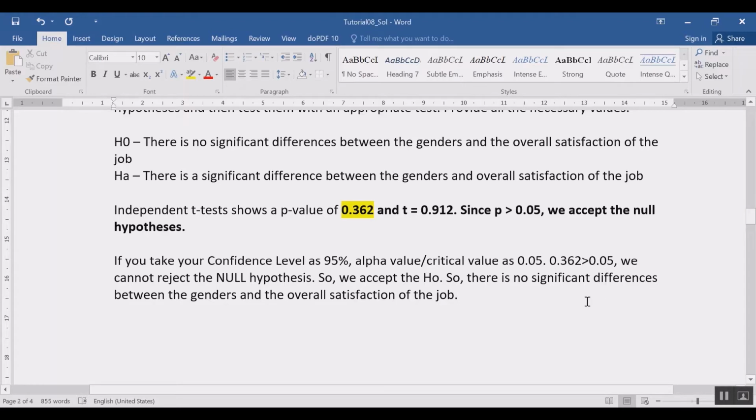All right, so if I ask you at which p value, at which confidence level do you think the results will be significant? For the results to be significant, you have to reject the null hypothesis, right? So to reject the null hypothesis, your p value must be smaller than 0.05. But currently the p value is 0.362. But if